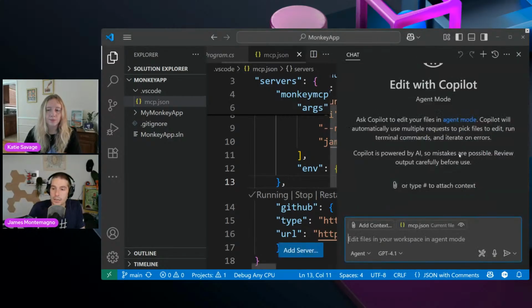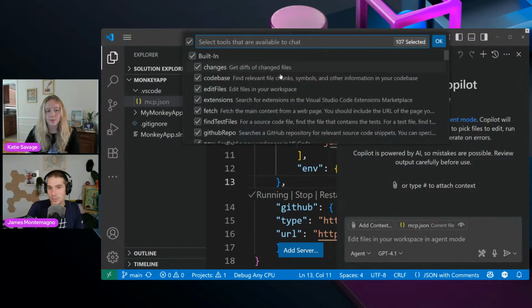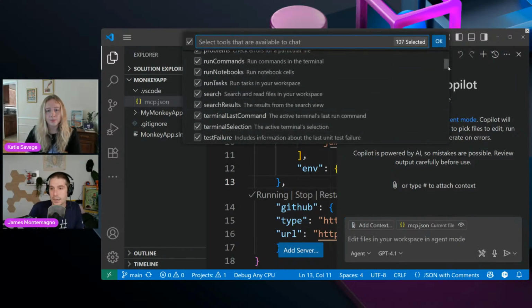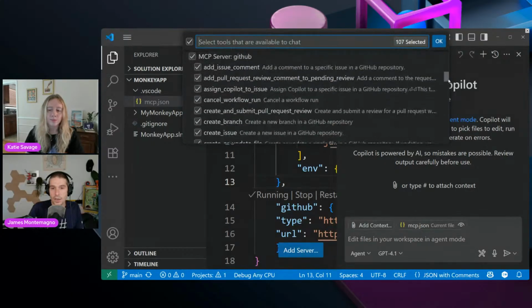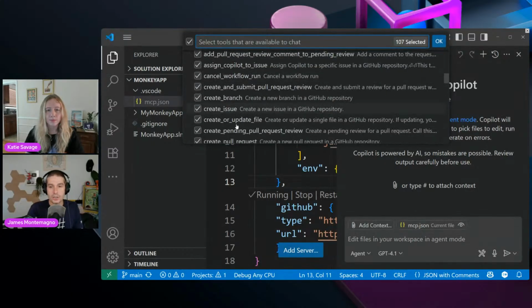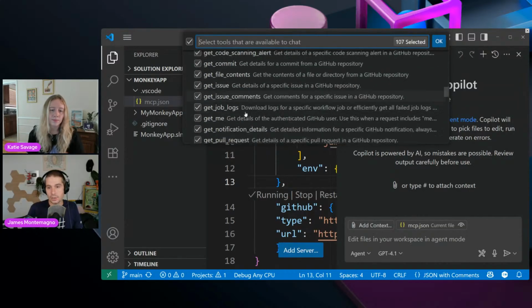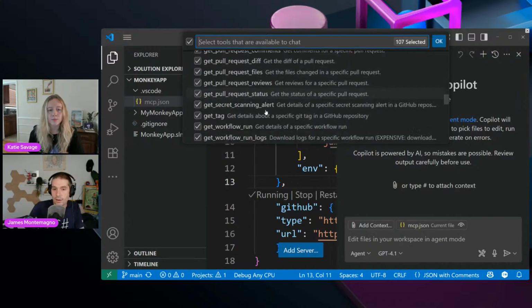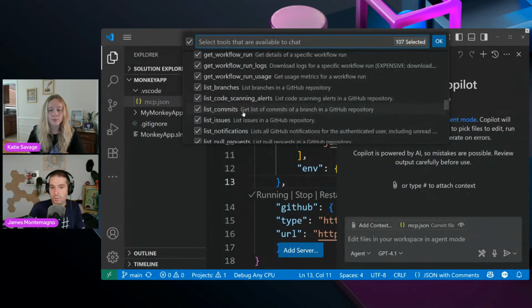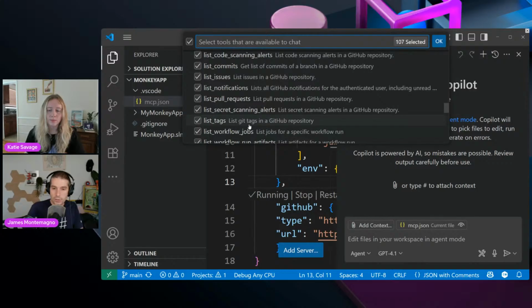Now, a good question is like, is everything exposed, right? Couldn't I just connect to the GitHub API and do these things? Well, not necessarily. Over here for GitHub, I have things like creating branches, issues, pull requests, deletes, getting commits, getting issues, getting issue comments. It can actually do a lot, and they have an ever-growing set of things, and I may not want all of these. So some MCP servers are sort of interfaces on top of APIs that specify maybe a smaller list of things that someone would want to do.